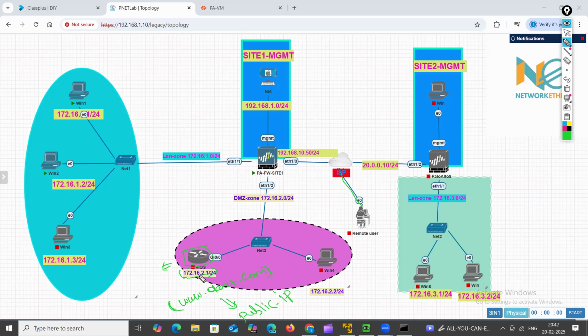If this private IP is directly mapped with your URL, let's assume www.ecart.com is mapped with 172.16.2.1, what will happen? As soon as the user types www.ecart.com, a DNS query will go and he will get an IP resolved, and his browser will try to reach